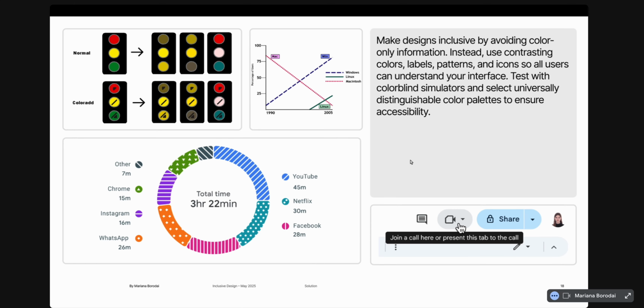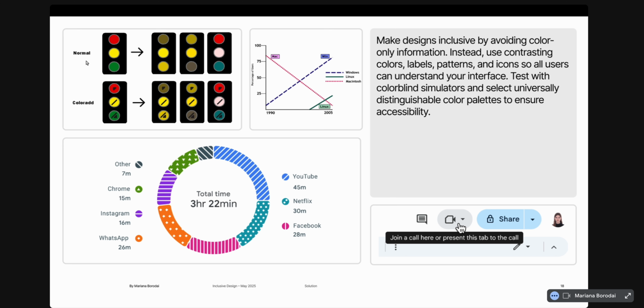So, moving on. Here's a little more information on how to make inclusive design choices. It's important to note that inclusive design means making thoughtful choices, like choosing color contrast palettes, adding icons or text to color or color-coded areas, and testing your design using simulators. Those steps take a little extra effort, but they dramatically improve the experience for people who might otherwise be excluded. Here you can see some examples of how you can use different